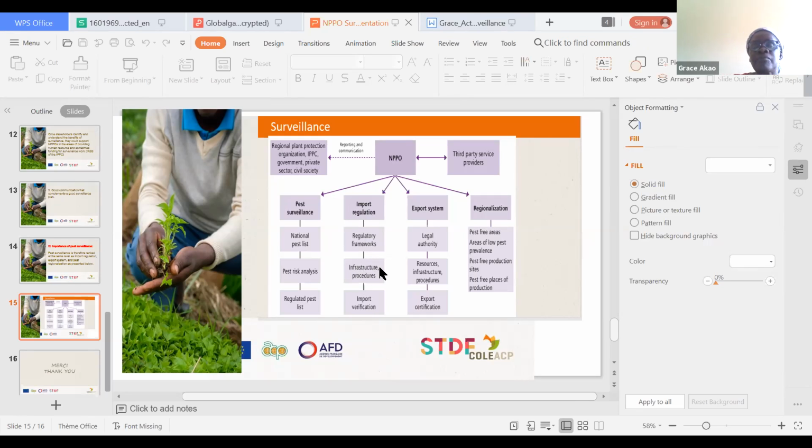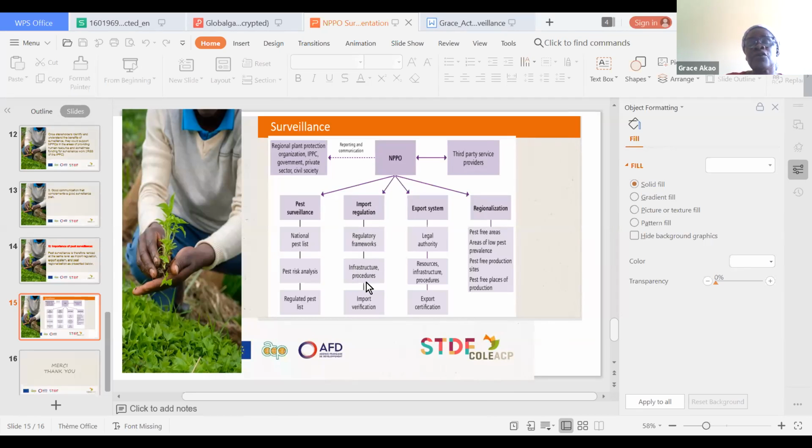Then the infrastructure: these are things like laboratories and establishments. If you import a consignment of fruits and suspect it is carrying a dangerous organism, you should have an established infrastructure, laboratories or a system that enables you to identify or diagnose what kind of pest you are looking at.